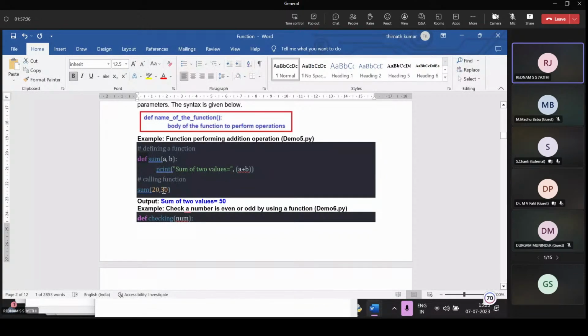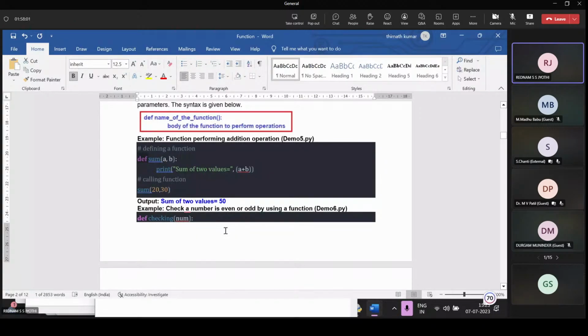Whenever this function call happens, the control transfers to the function definition and assigns 20 to a and 30 to b. After that, there is a print statement, sum of two values equals a plus b. It displays the output as sum of two values equals 50, since a is 20 and b is 30.